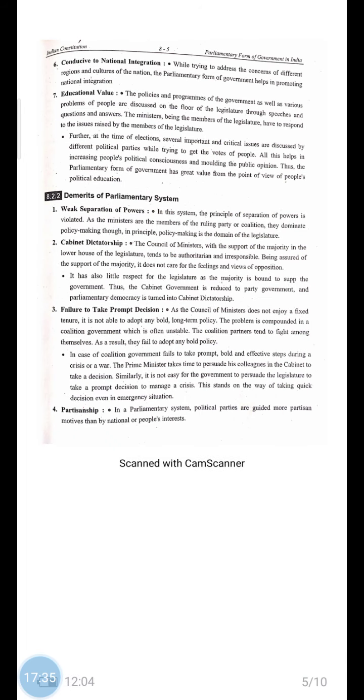Conducive to national integration. While trying to address the concerns of the different regions and cultures of the nation, the parliamentary form of government helps in promoting